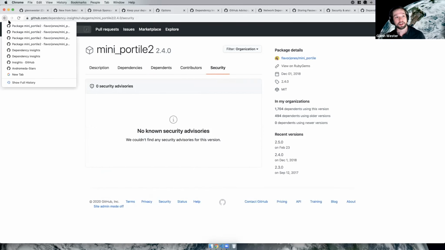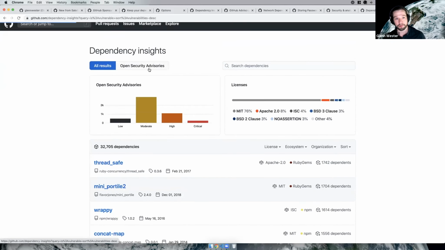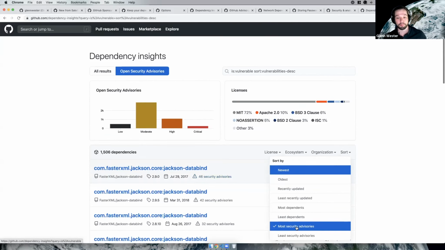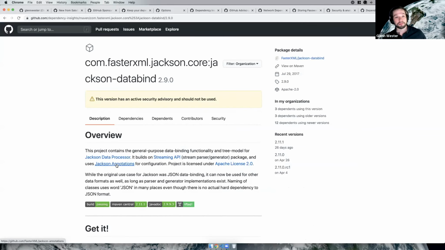So if we navigate back to the dependency insights, we can also look at our open security advisories across all the repositories that we're a part of. And again, you might want to focus your attention on something that has the most security advisories. So here we can see that we can sort by that. And if we click into this, for example, we can see that we have active security advisories for this package. We can see here that we have